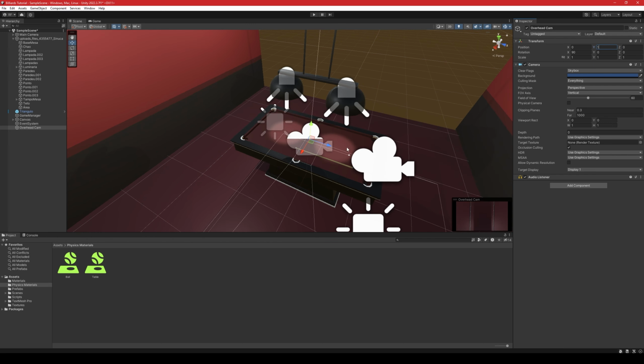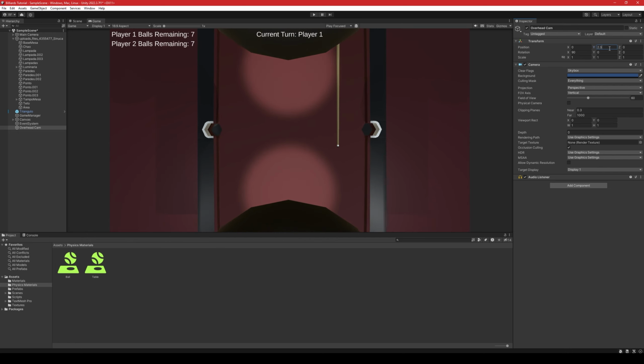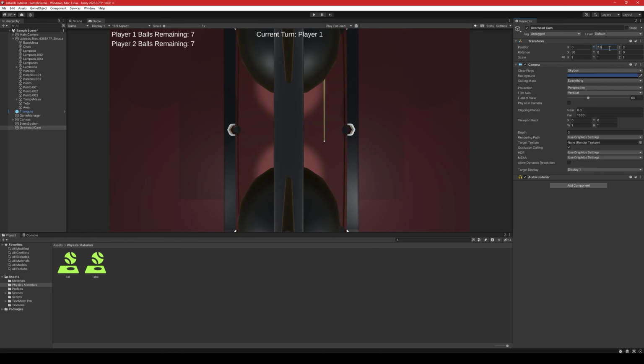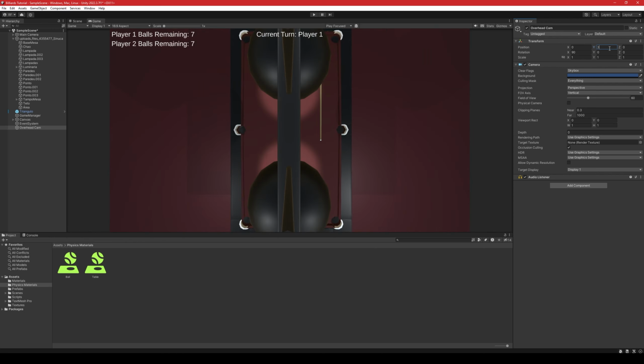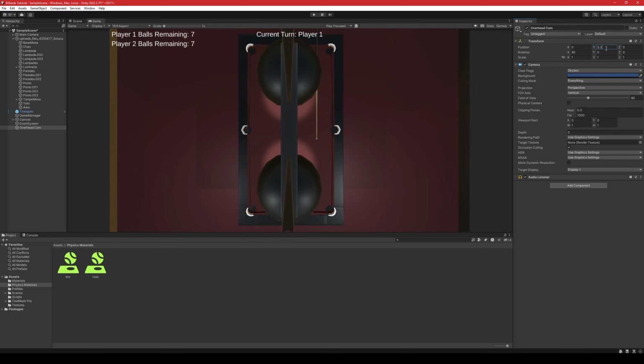So let's set the position to 0 on the X, 0 on the Z, so it's right over the center of the table. We can go into the game view so we can see exactly what the camera sees. Let's adjust the Y. Okay, 2.5. All right, so we're seeing these lights, but we need to be this high to see the whole table. Let's just worry about getting it high enough first. Okay, 3.2, 3.5,